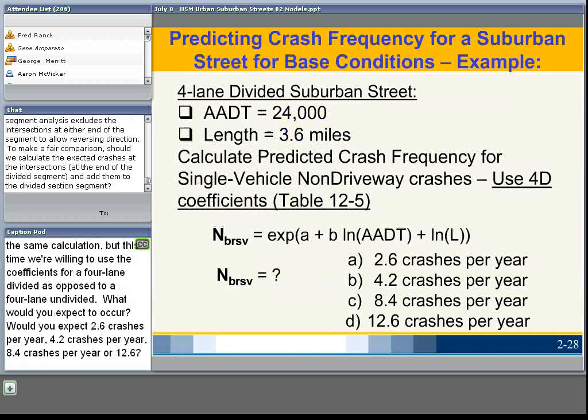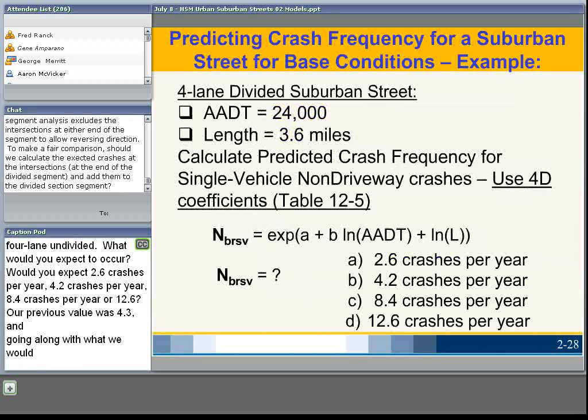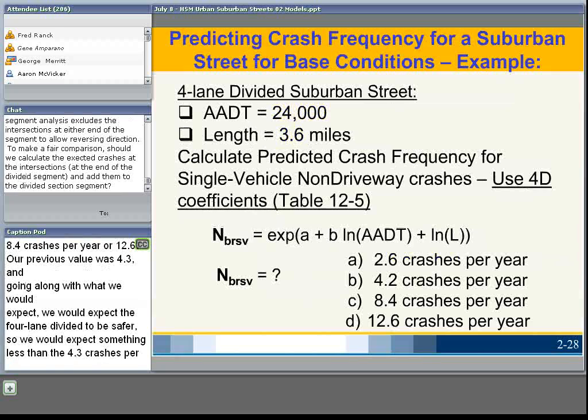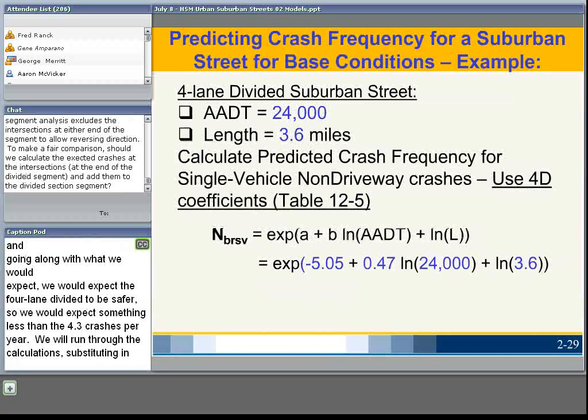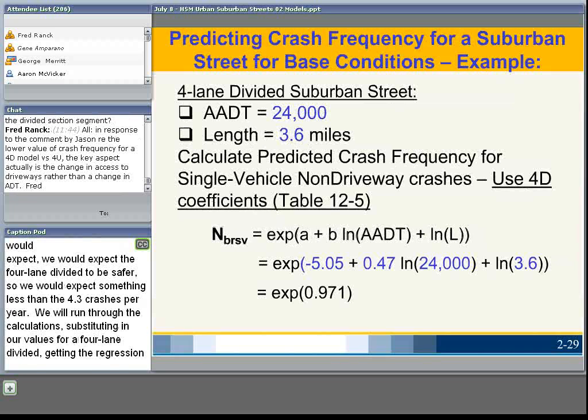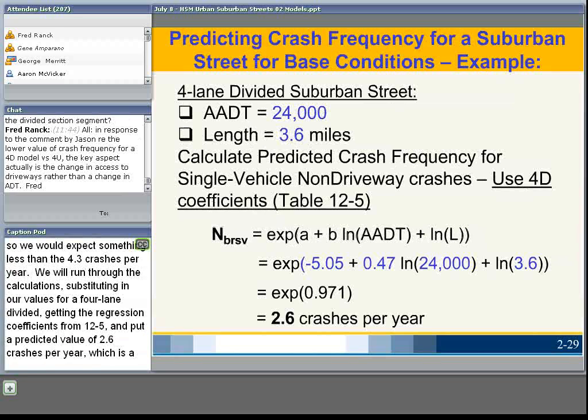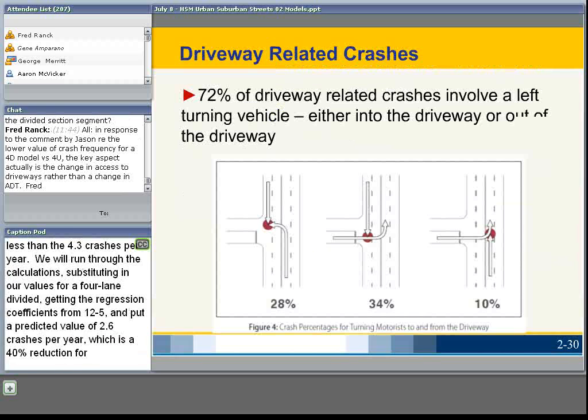As a comparison, we're going to do the same calculation, but this time we're going to use the coefficients for 4-lane divided as opposed to a 4-lane undivided. What would you expect to occur? Would you expect 2.6 crashes per year, 4.2 crashes per year, 8.4 crashes per year, or 12.6? Our previous value was 4.3, and going along with what we would expect, the 4-lane divided to be safer, so we would expect something less than 4.3 crashes per year. But we will run through the calculations,